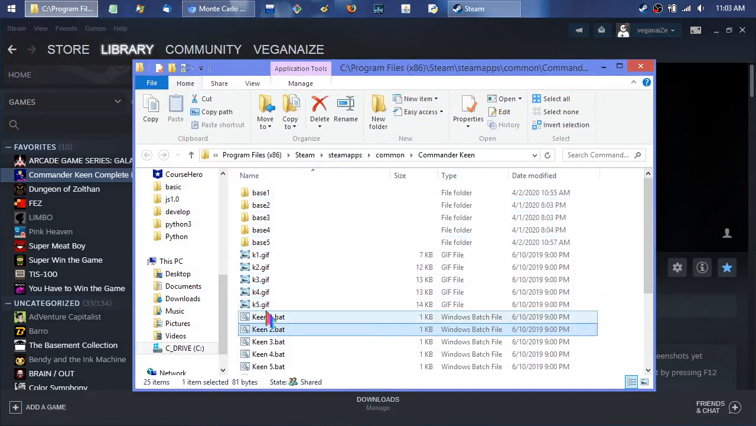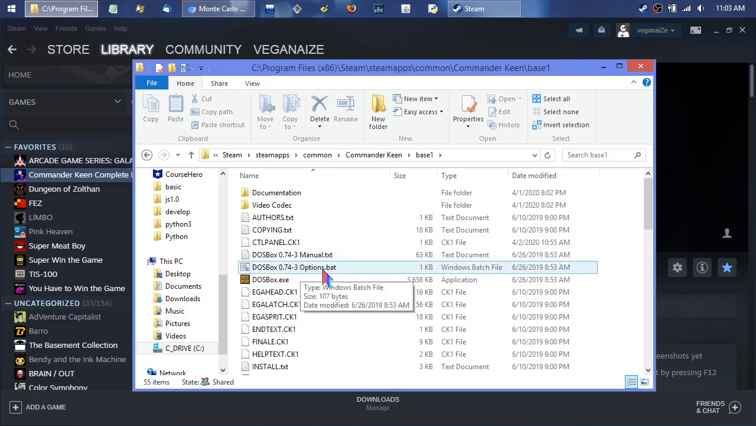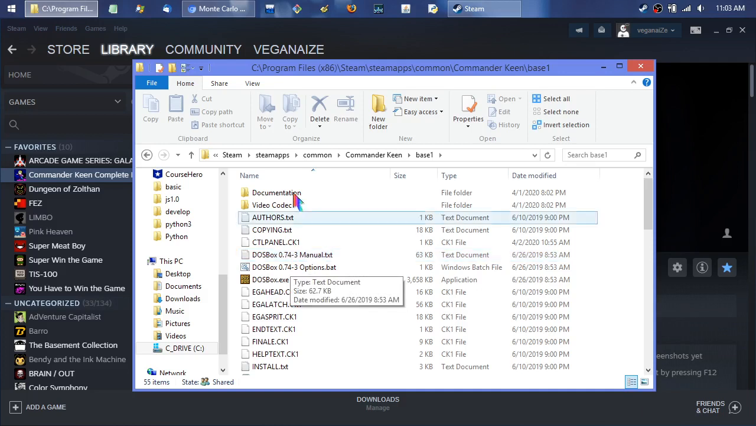So what we'll do is we'll deal with this Keen 1. These batch files are fine, we'll just leave them. So you go in here. I've already edited mine. I've already updated DOSBox and everything in here. Instead of 7.2 or 7.1 or whatever they're using, I'm using 7.4-3, which if you go to the DOSBox website,